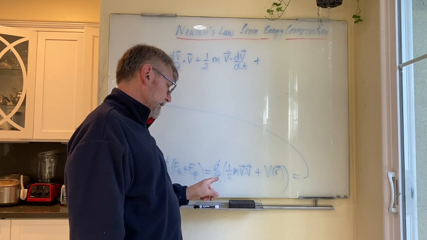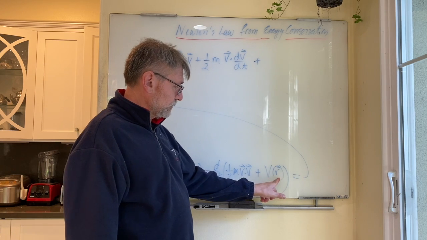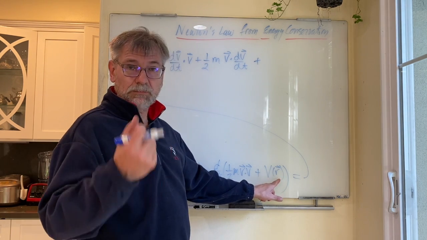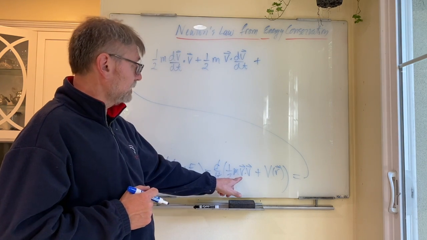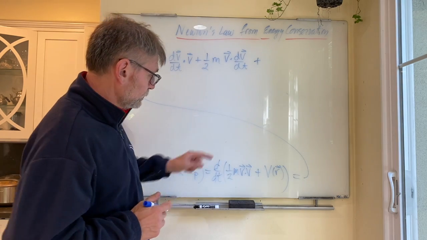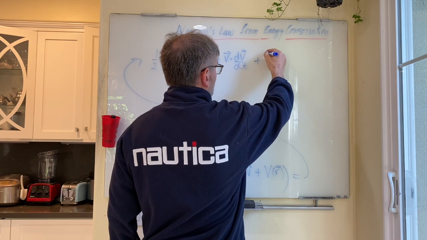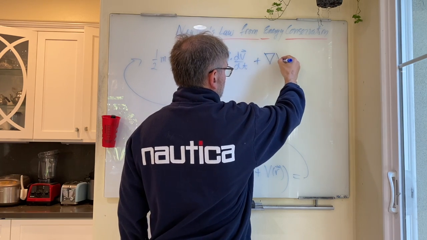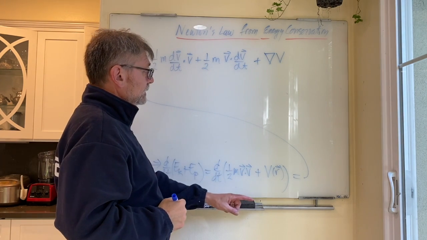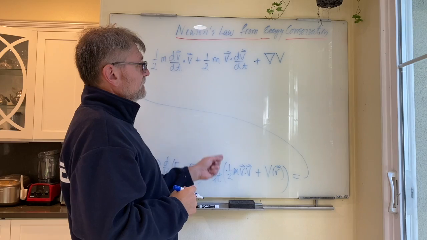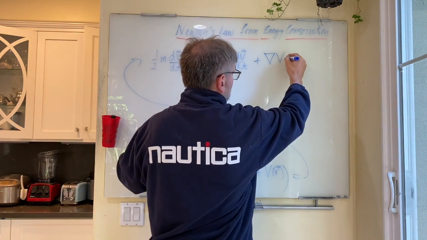But this is the derivative of v, and through the chain rule, we have to use the fact that the position of the particle we're thinking about, or the mass, is a function of time because it has a velocity. So we have to use the chain rule. So we'll do plus grad v, right? The gradient of v, we'll do dv/dx times dx/dt, plus dv/dy times dy/dt. And so what we're left with is grad v dotted with